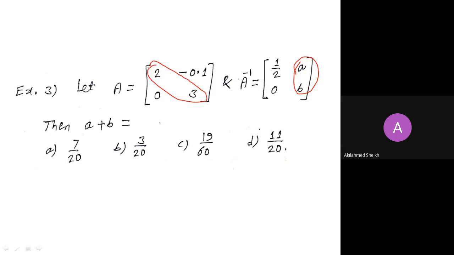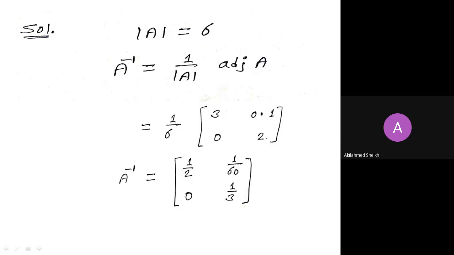So the adjoint becomes 3, 2, and multiplying the other elements by minus 1, it becomes plus 0.1. Now next, multiplying each term by 1 by 6. Here this is 0.1,